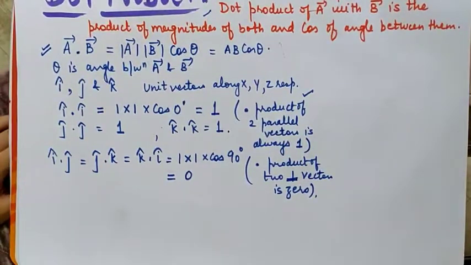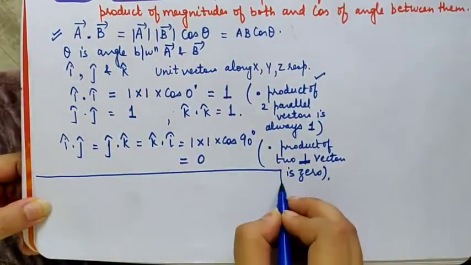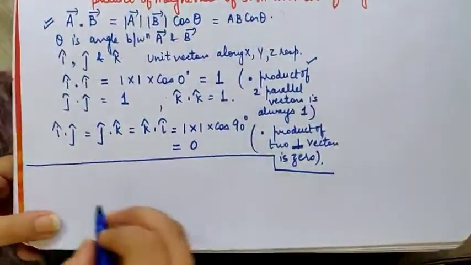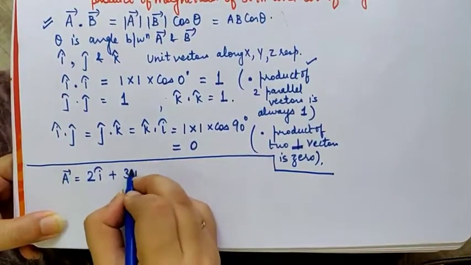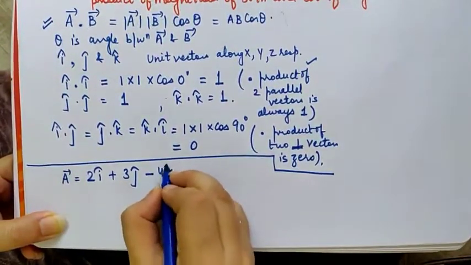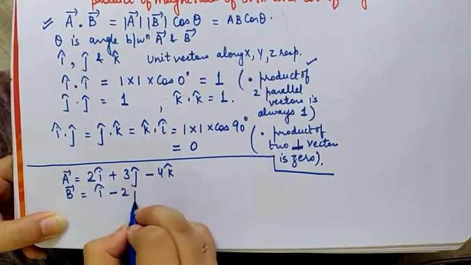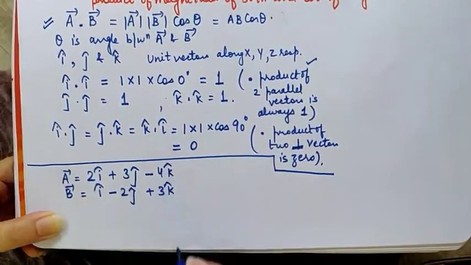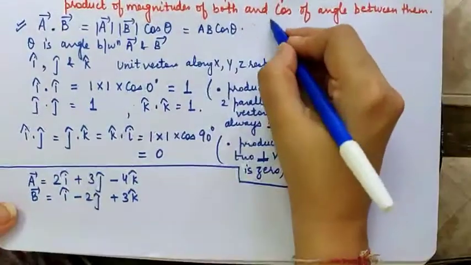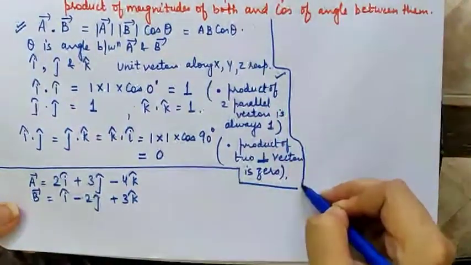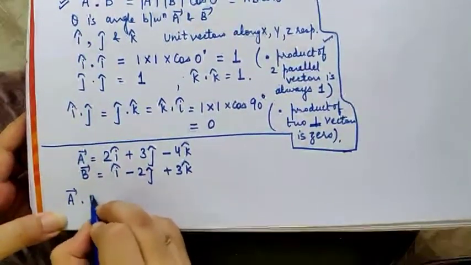So moving on to the other properties of the vectors, and before that, if any two vectors are given to you in the Cartesian system, as we have studied earlier, suppose vector A is equal to 2i cap plus 3j cap minus 4k cap, say. And suppose vector B is equal to i cap minus 2j cap plus 3k cap. I have taken random equations, so any kind of numericals you might encounter can have different statements, but the method would be the same. So you need to do A dot B.